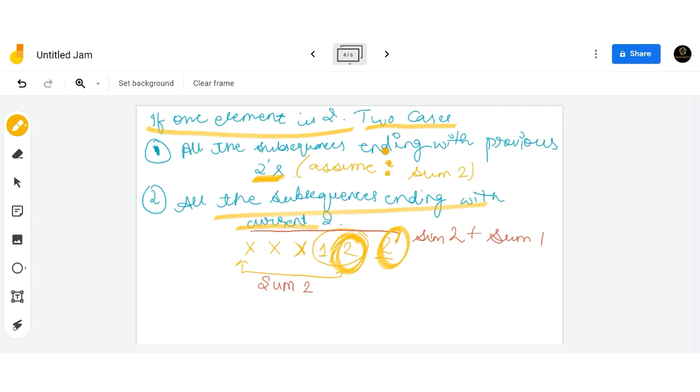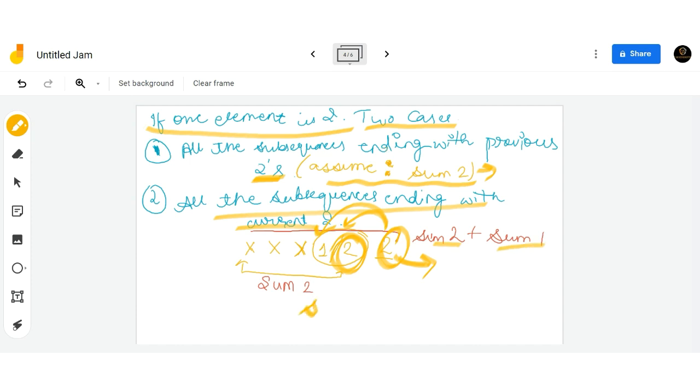Okay, so if we assume that the previous subsequences ending with 2 are sum 2, then for the current 2 we can append 2 to the previous subsequences of 2, so it will be sum 2, and we can also append 2 to the previous subsequences of 1, so it will be sum 1.